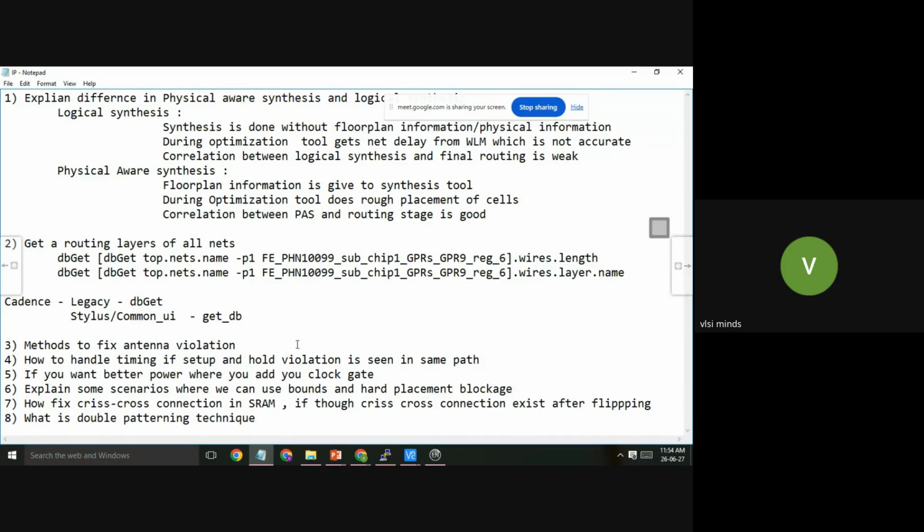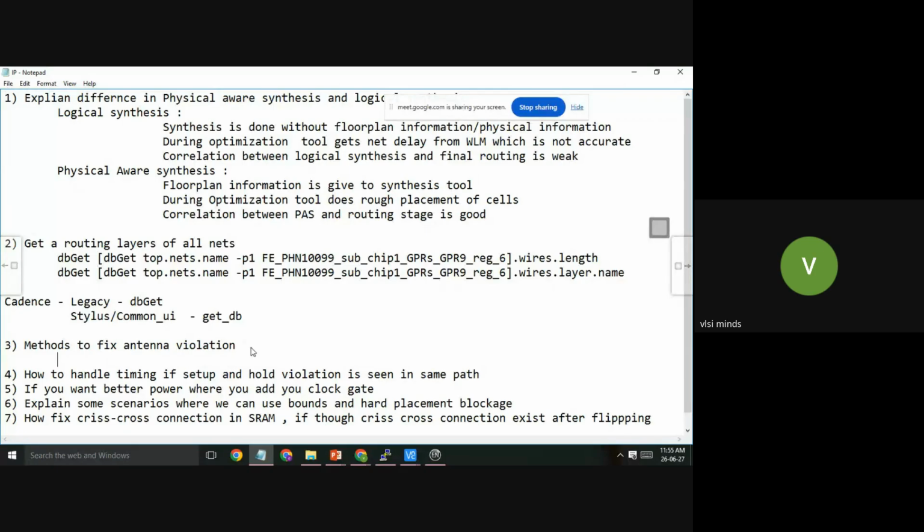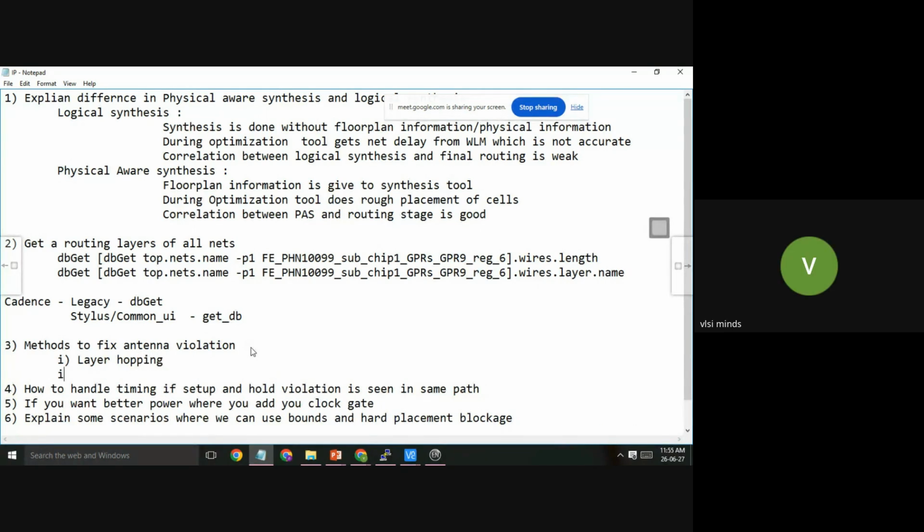So the next question is methods to fix antenna violation. Sir, will you be covering these kinds of command examples in your full course also? Yes. Companies are asking for commands directly nowadays, so we should focus on this also.